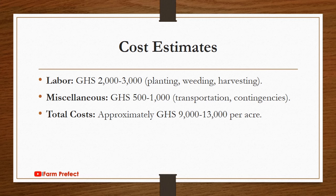Then labor will cost you 2,000 to 3,000. That is planting, weeding, harvesting. Then miscellaneous, we have budgeted for that to cost you 500 to 1,000 Ghana cedis. Now total cost approximately is 9,000 to 13,000. So you use about 9,000 to 13,000, then you get about 40,000 to 90,000. This is lucrative, just that you need to be patient and dedicated, work hard, and you can realize